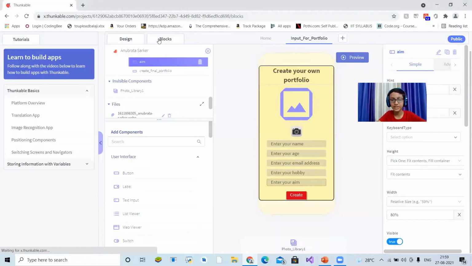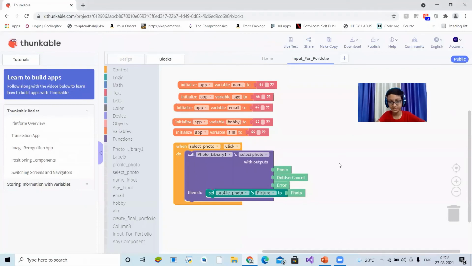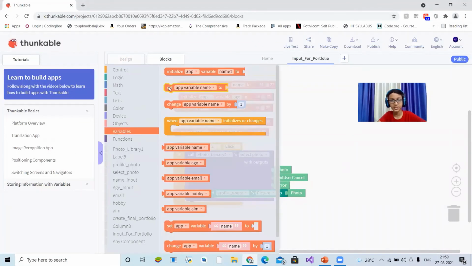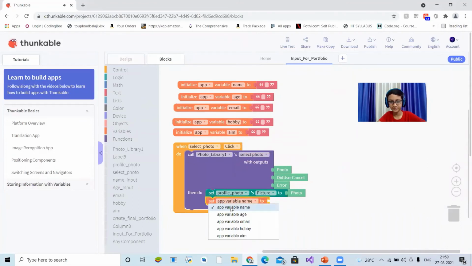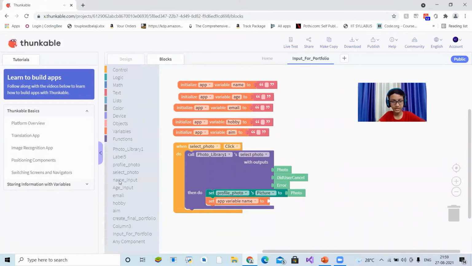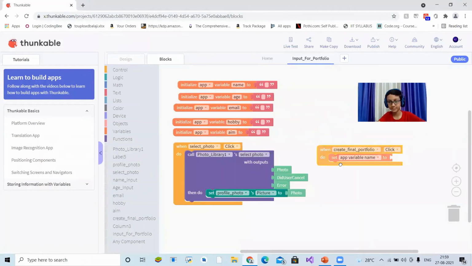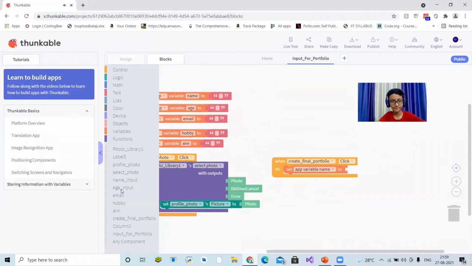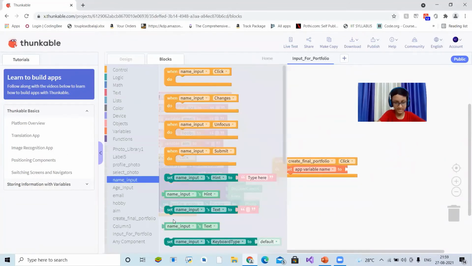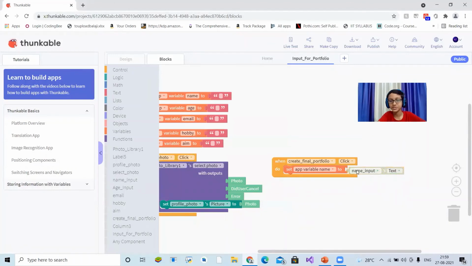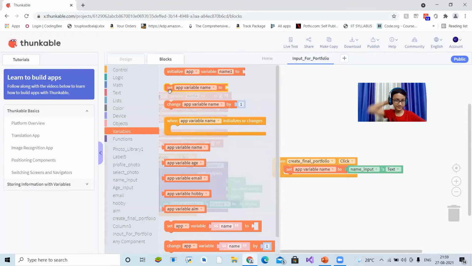So now we will take the input of the user. We'll set the variable name to name input. Sorry, not here. The submit button will be clicked. When this create final portfolio will be clicked, set tab variable name to the name input get text. Okay, name inputs text. We'll set the